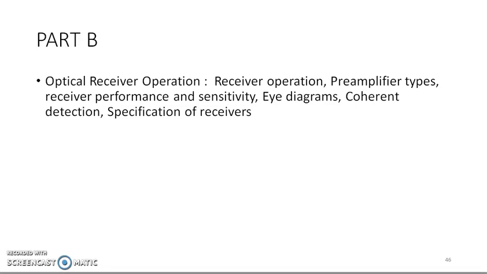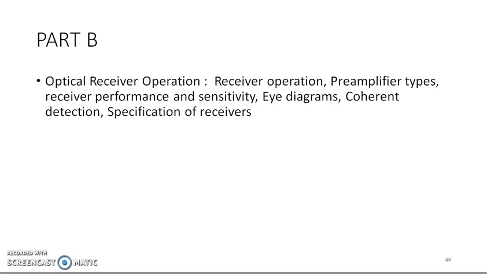Optoelectronic devices course. Already we have seen part A of this module 4. Now we continue in module 4 part A. It consists of optical power coupling, or power launching into a fiber, and part B consists of receiver operation, meaning how much is the level of signal received at the receiver. That portion we need to learn.